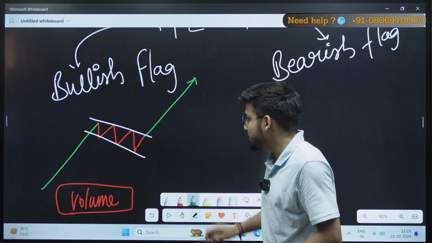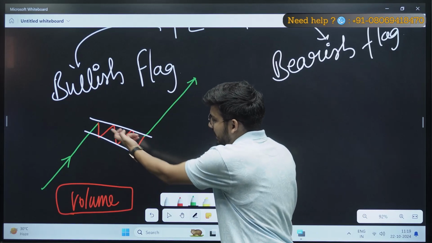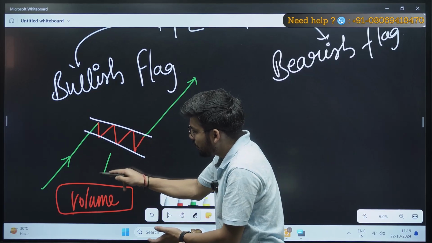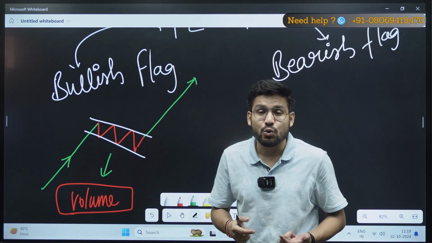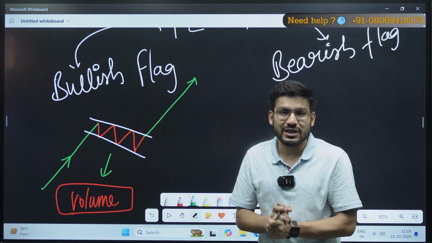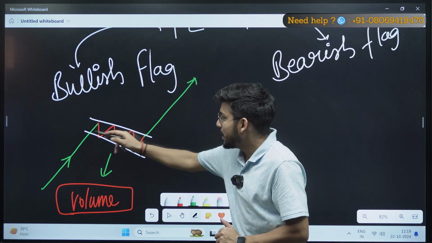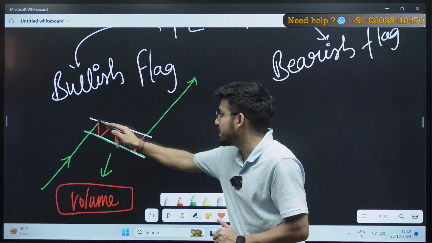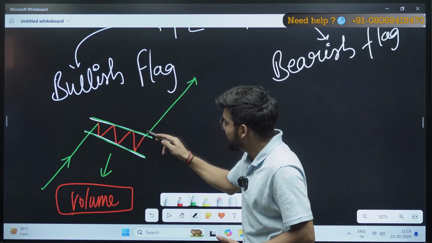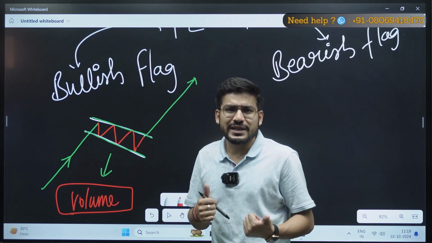So what we have analyzed is that there was an uptrend in the market. After that uptrend there was a downtrend. Now this downtrend we will analyze with volume. When we get to know that this movement in the negative direction, which is opposite to our direction, is not strong, at that time we will make a flag here, or you can say a price channel here, and whenever there is a breakout, we will take an entry. Now which is the perfect entry for us?